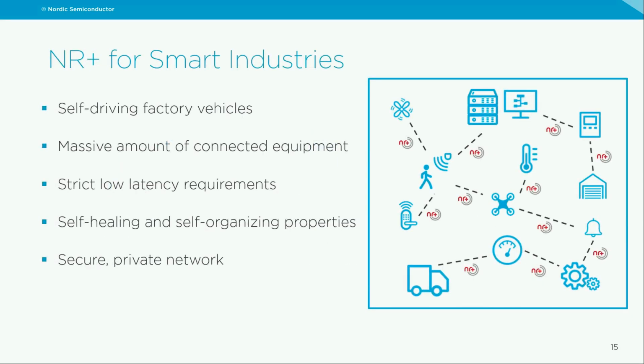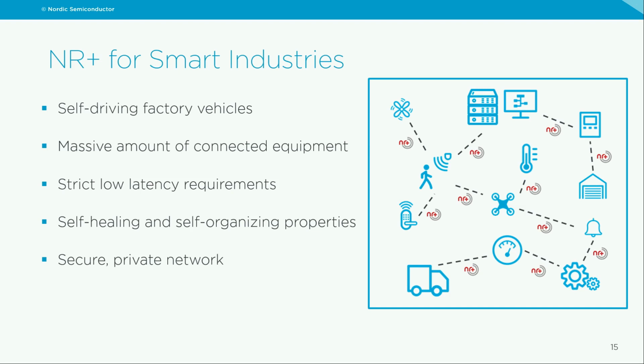So let's look into a smart industry application type of thing. On the right-hand side is trying to put together different devices connected in a smart industry. Let's say a factory where you can have self-driving vehicles, massive amount of connected equipment. That could be tools, robots going around capturing packets, and also let's say robots building cars where you need to have low latency requirements because it can be mission critical stuff,